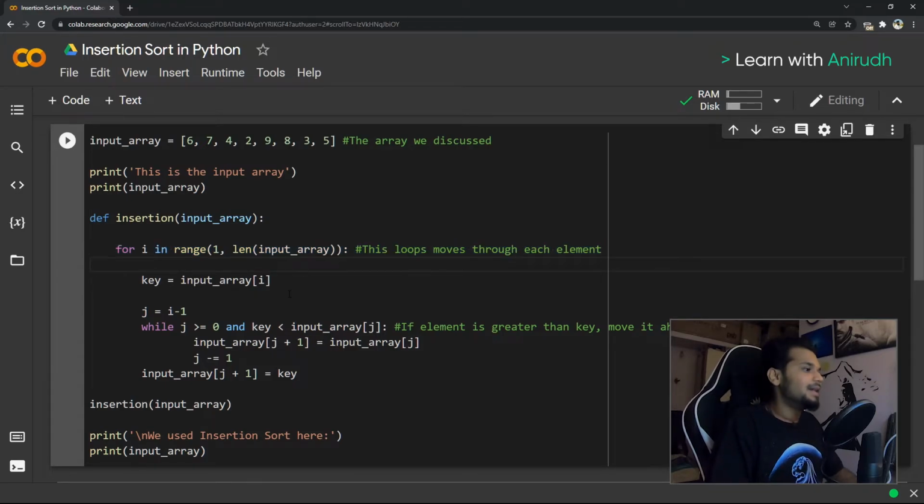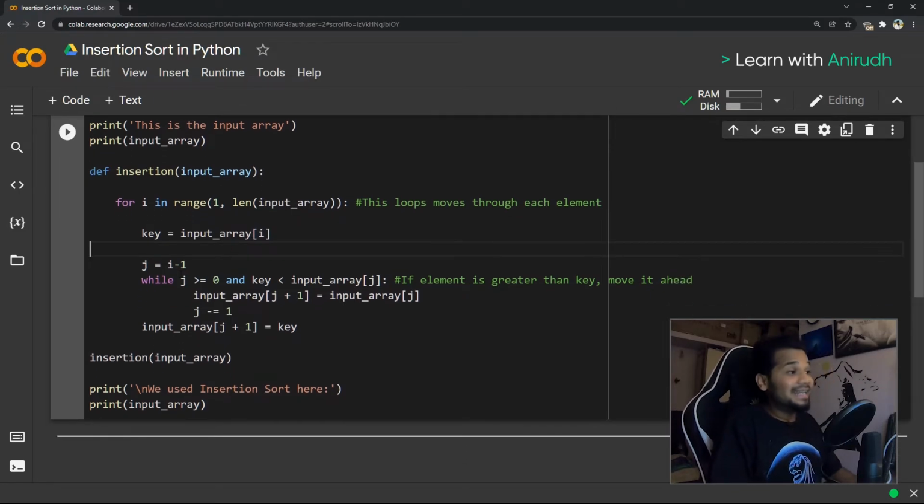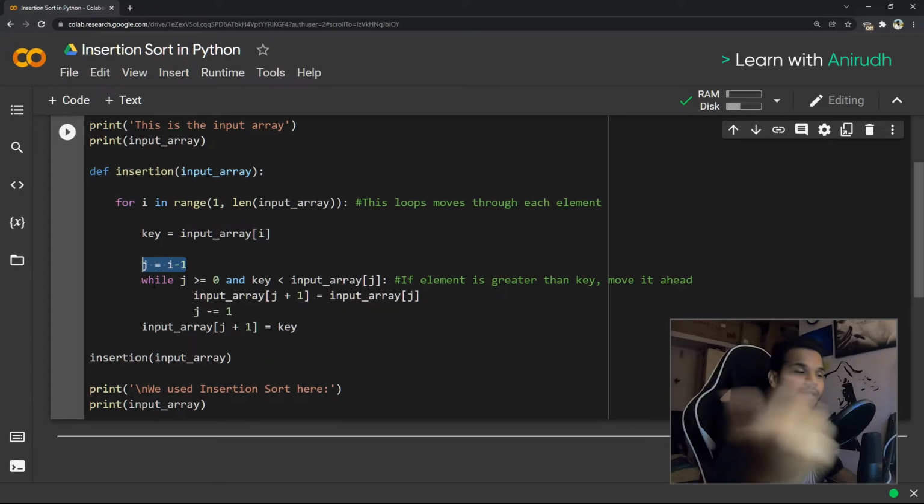But if you remember, with the case of insertion sort, whatever element that you get, the first element will always be the key element. It will either be in its correct role, or it will not be in its correct role. We don't care. We just pick up the element and we say you are in the correct role. You remember that first step we did? This is where we are assigning the first element and saying, hey, no matter what, you are going to be that first position for us. And eventually what we are trying to do, if you remember in bubble sort, we compared the previous element with the next element. In insertion sort, we compare the next element with the previous element.